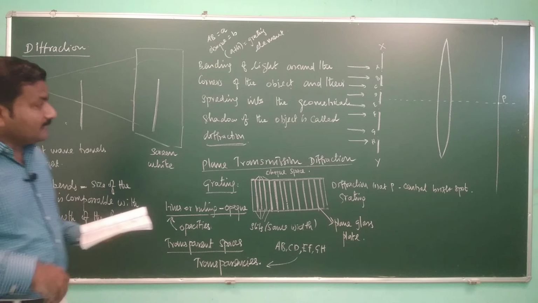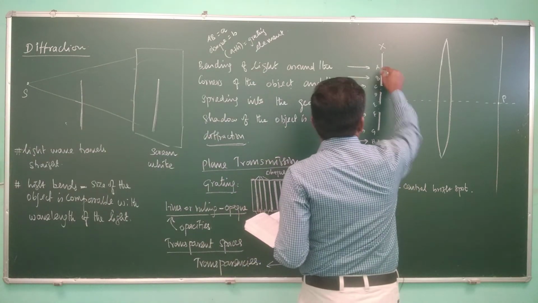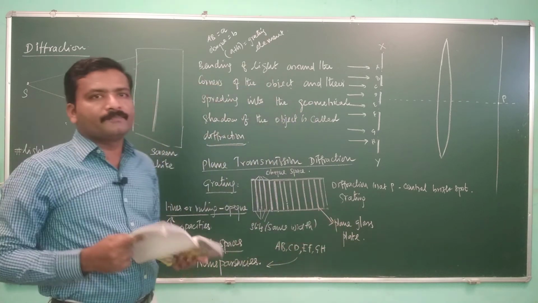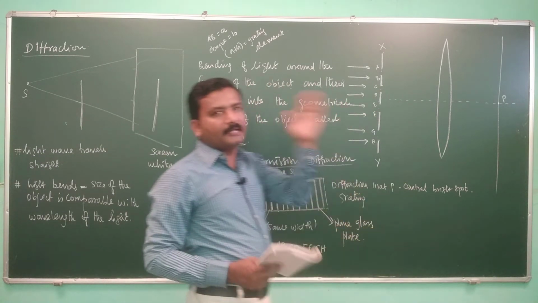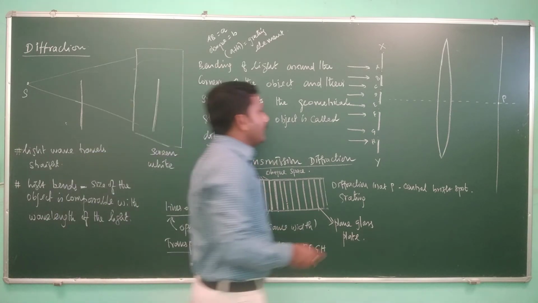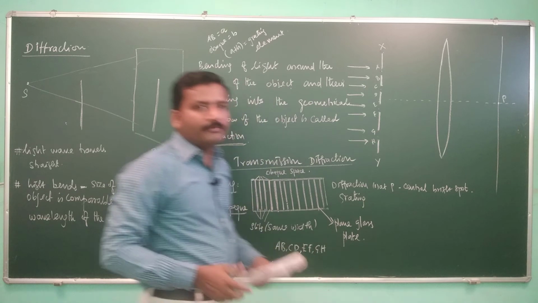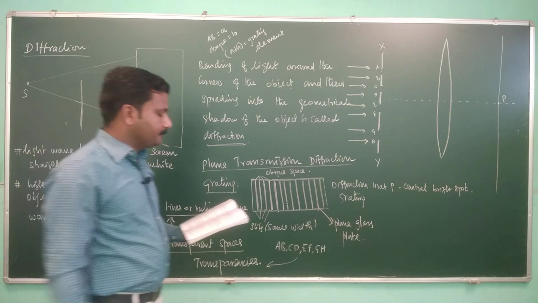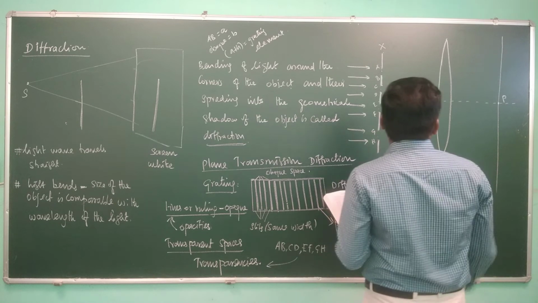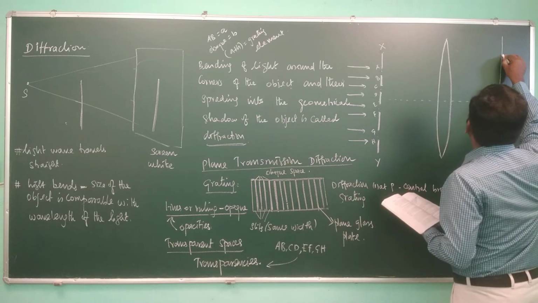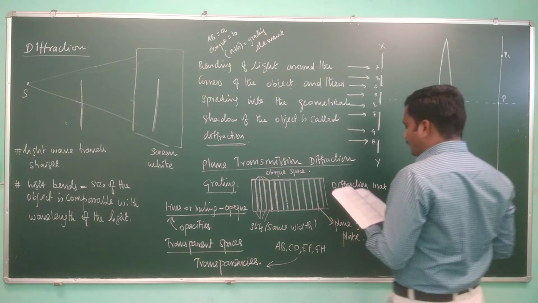Fine. Second case, as we said, the width of these openings is comparable with the wavelength of the light. Now this light ray will also deviate out of the straight line. It will travel in all directions, and as the light rays travel in all directions, it will undergo diffraction. Now see, one set of diffracted light waves can be observed at this point. How will it occur? Let's see.